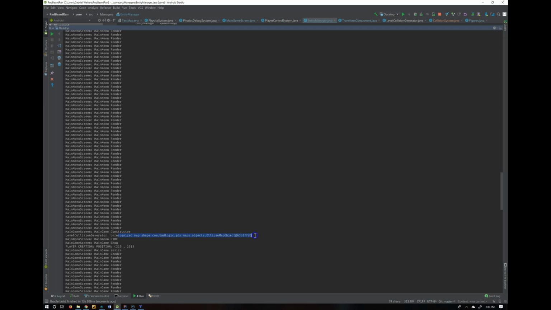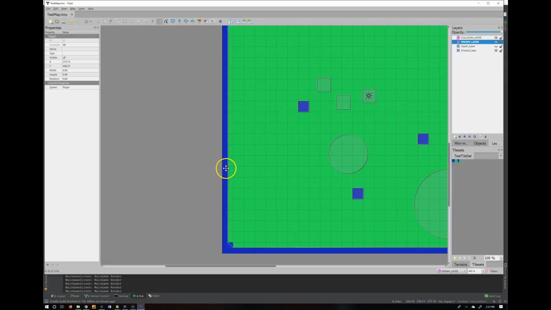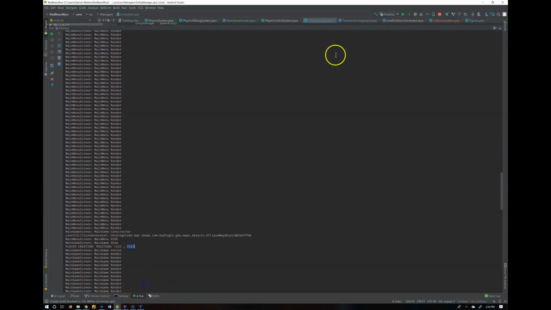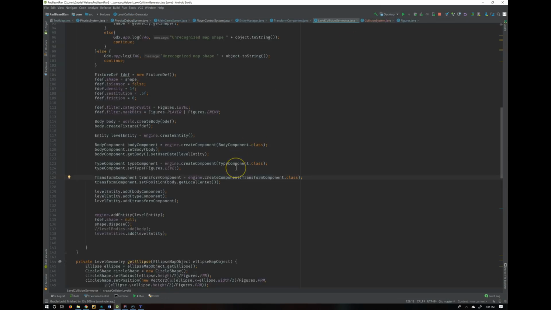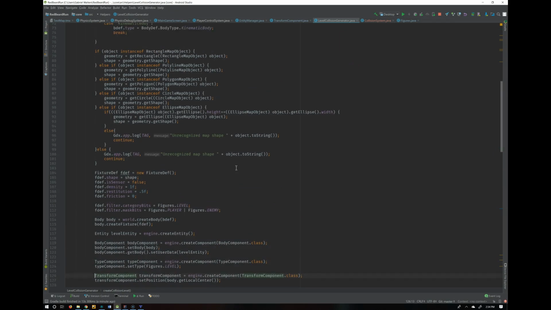Unrecognized map shape, ellipsis, player creation at 215 and 231. And really, in terms of the world, we want that player to be at like 13 and 25. But going the other way. So from bottom left corner, that's where we want it to be drawing. So actually it might be drawing way to the left because it's in terms of a different size for our units. So if we look at our level collision generator, what it's doing when we are pulling that information,